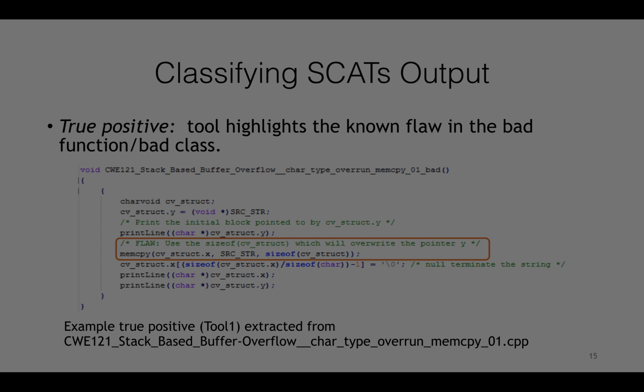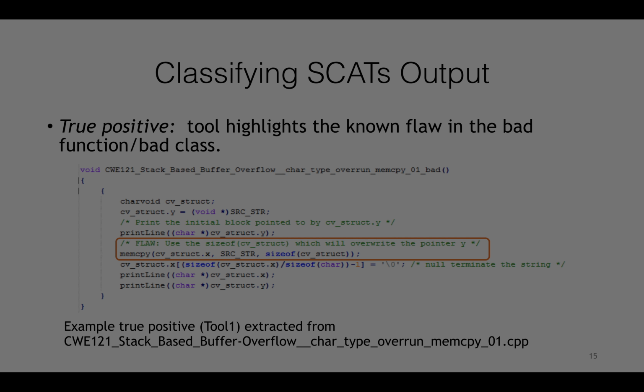The warnings that are generated by static code analysis tools can be classified into three different groups: true positive, false positive, and false negative. In this slide, we're going to discuss the true positive. The warning can be considered a true positive if the tool highlights the known defect in the source code. For example, in this test case, tool 1 detected the stack-based buffer overflow defect, so we can consider this warning